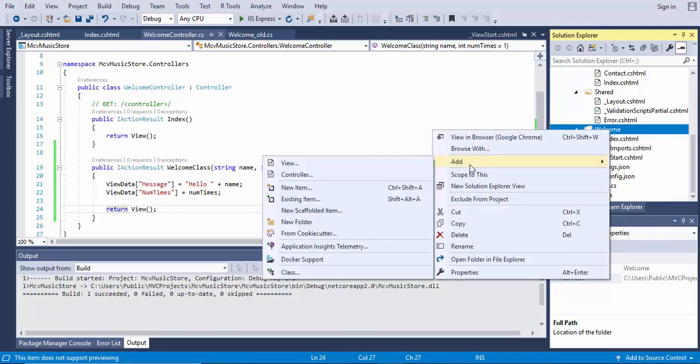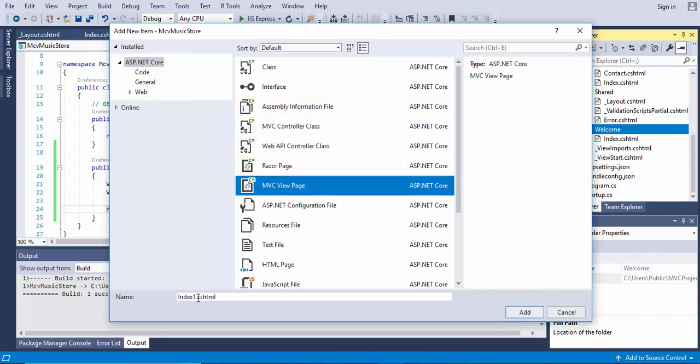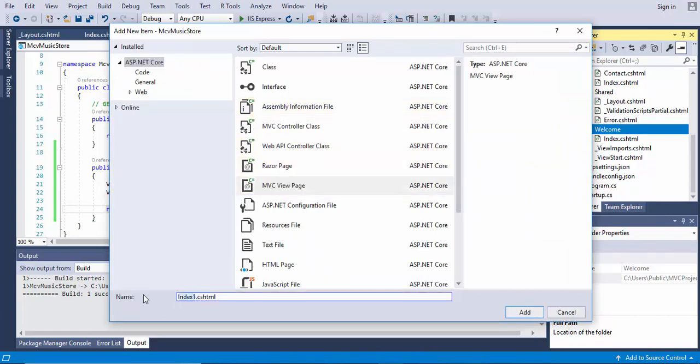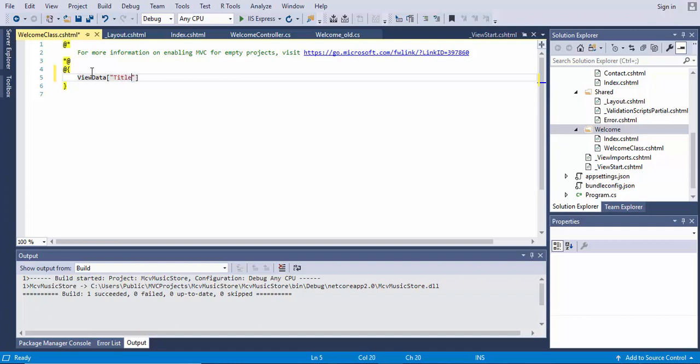Right click on our welcome controller, go to add, new item, the MVC view page, and let's name it welcome, spell it right, class. Now we have a welcome class view. Inside of here, we just need to set a ViewData with title to be welcome class. Throw in an H2 header called welcome class,